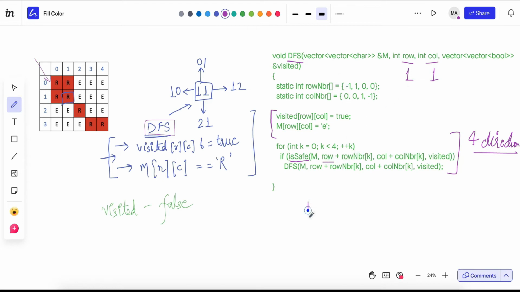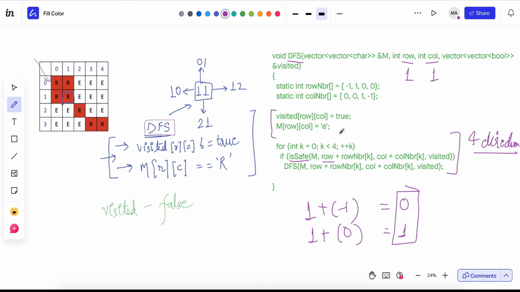To the row 1 we'll add -1, and to the column we'll add 0. So this will make 0 and 1, which will be our new cell that we'll be visiting. It corresponds to these four directions that I discussed. So from 1 1 we can move to 0 1, and we'll check whether we can visit it or not.